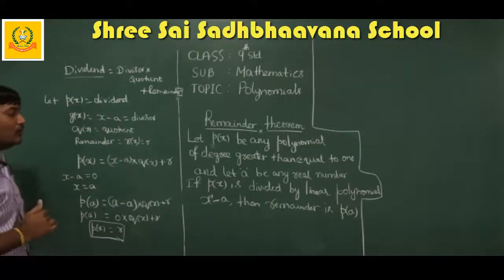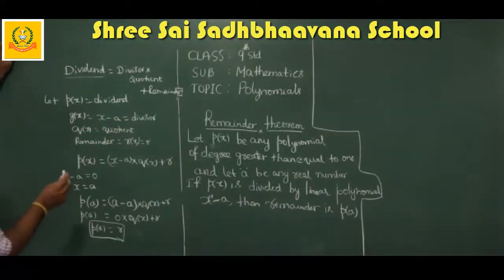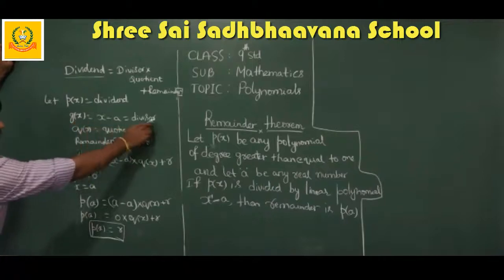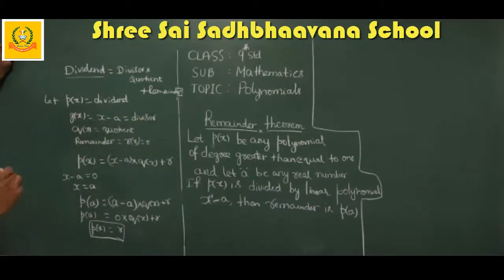Got it? So now what I am going to do is this divisor, whatever divisor we are considering, which is x minus a, I am equating it to 0. So equate this x minus a to 0. When you equate x minus a to 0, your minus a will become plus a, because we are sending that minus a to that side, and it becomes x is equal to a. Correct? Wherever x is there in this algorithm, or you can take it as a formula, in this formula, wherever x is there, you substitute a. So it becomes P of a.